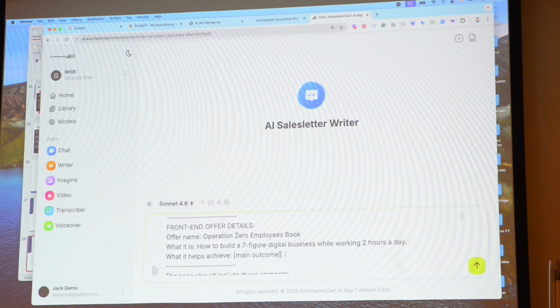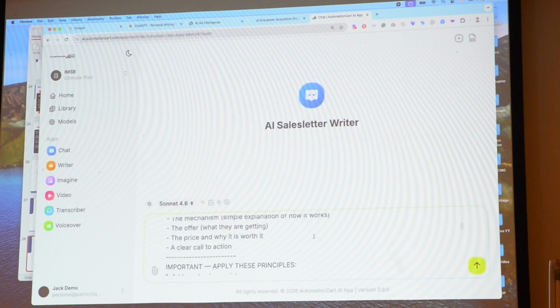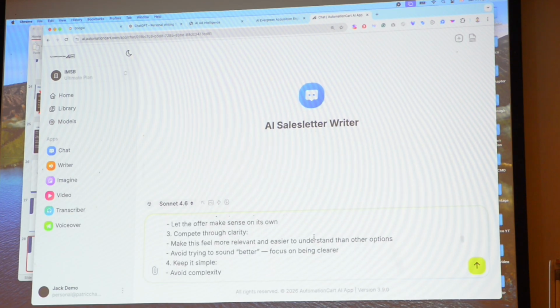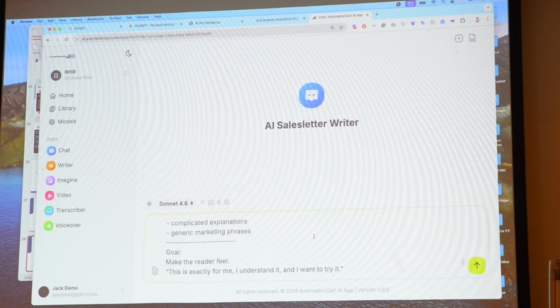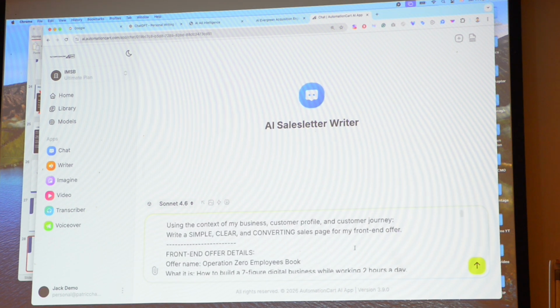What it helps to achieve: building a digital business that can give freedom, let's say. All done. These are just all the prompts. There are no additional parameters that I need to add. All good. Then I'll just click go. If I click go here right now, it cannot write the sales page. Why? Because there's no context. So far with me? But if I do it anyway,